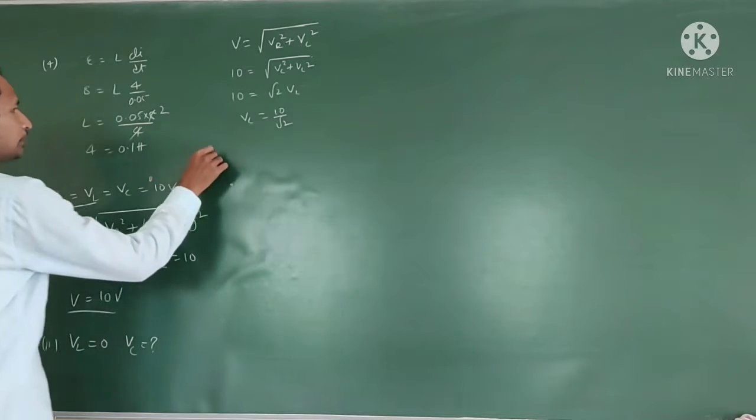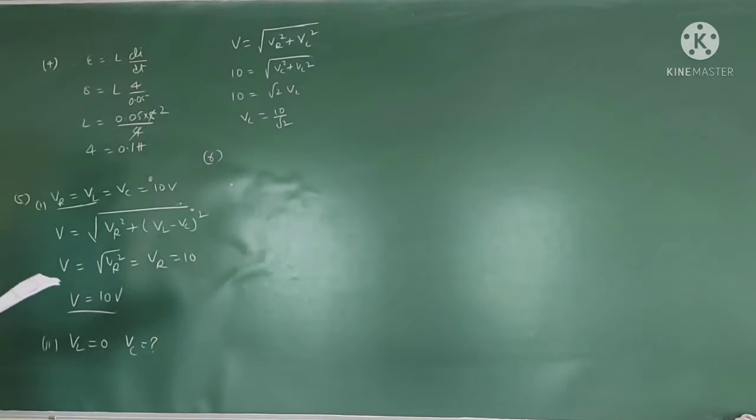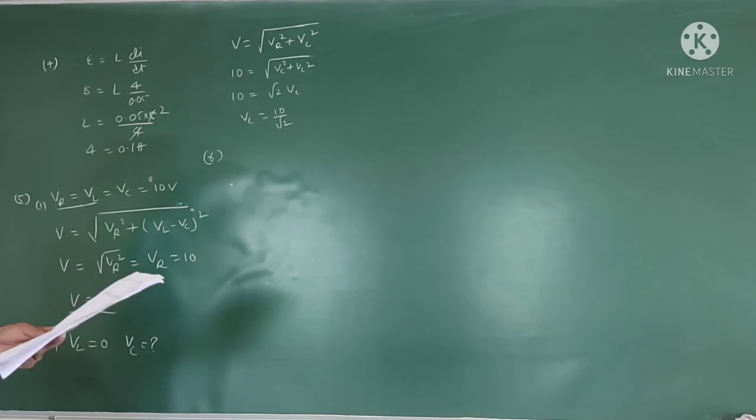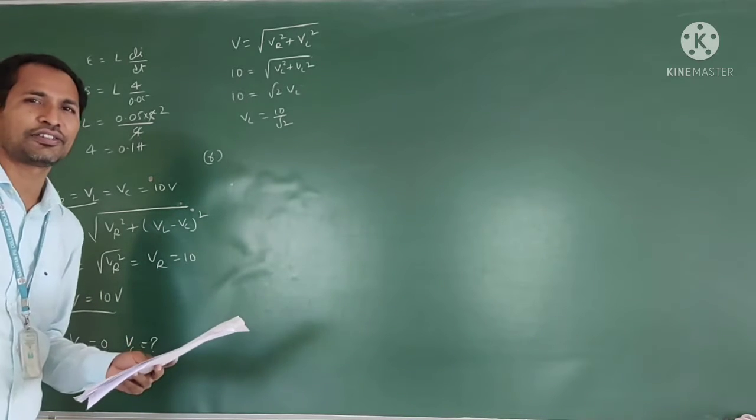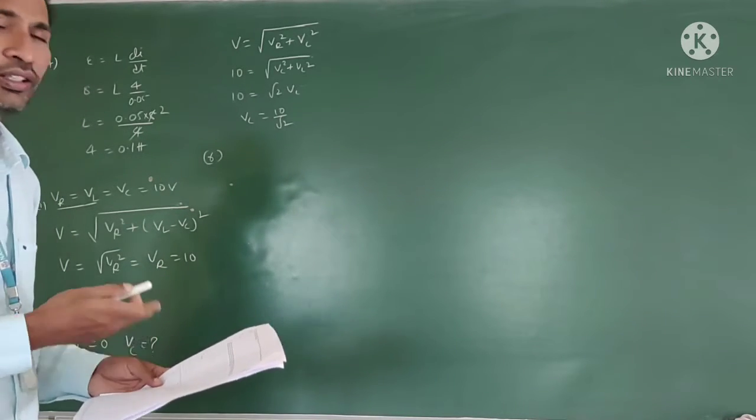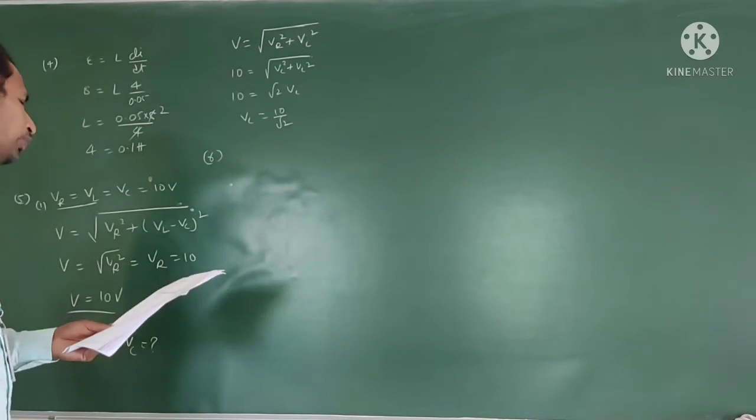Next, sixth one. An equilateral triangle loop ADC of uniform specific resistivity having some resistance is pulled with a constant velocity V out of a uniform magnetic field directed into the paper. At t is equal to 0, DC of the loop is at the edge of the magnetic field. The induced current I versus time. As the loop is moving out, what happens? Current decreases, rate of flux decreases. This you can do directly, but we need to know what the slope is.